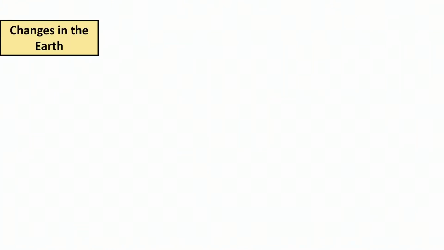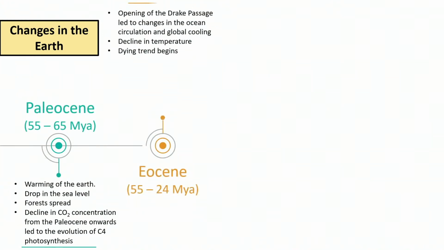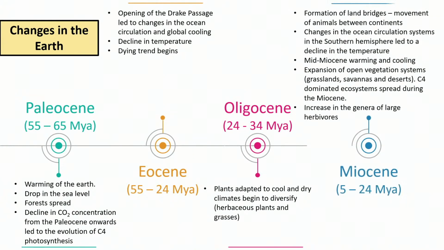But before I get into that, there are some changes that happen in the Earth. So we believe that the onset of a pronounced wet-dry season occurred sometime about 7 million years ago, during the Miocene. And as you can see from this figure over here, these are some of the changes that happened throughout the Earth in order for seasonality to be there.